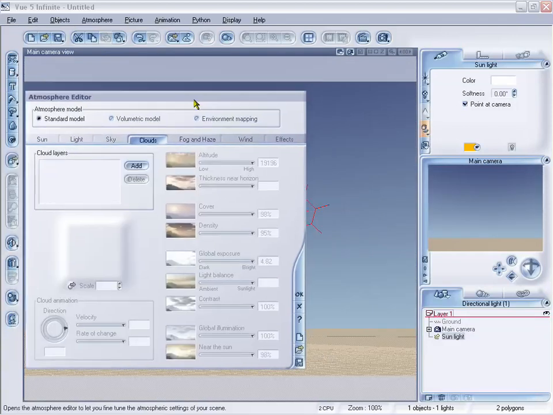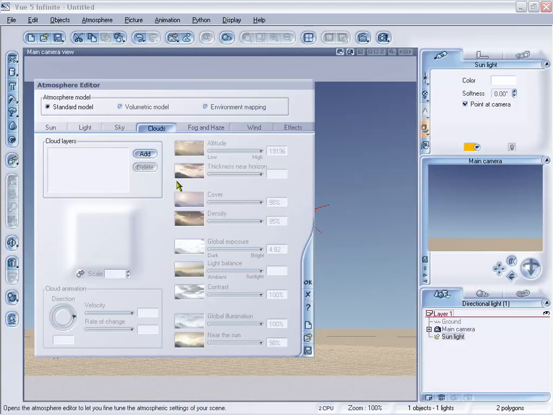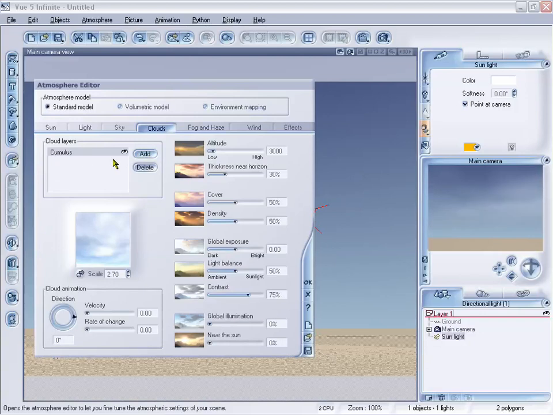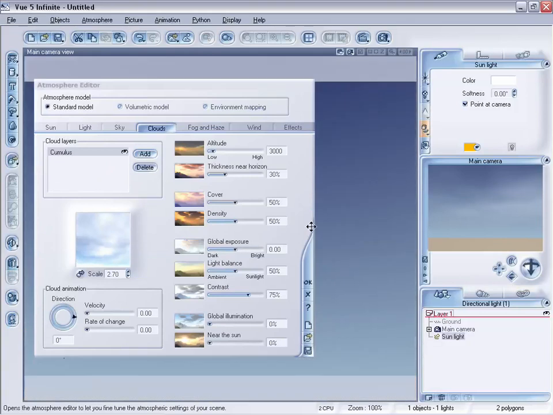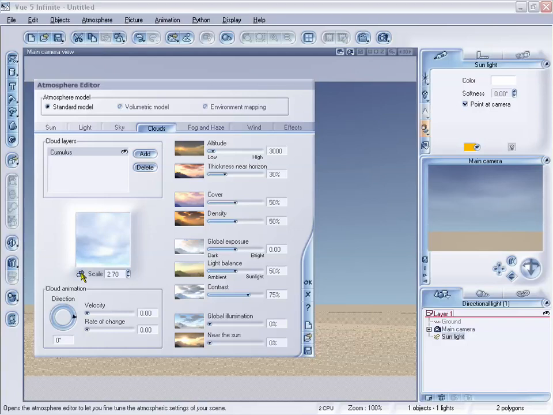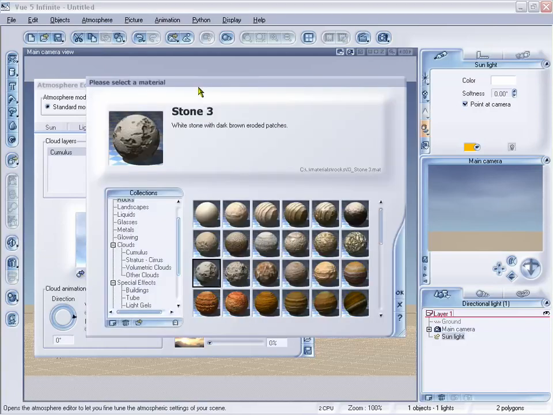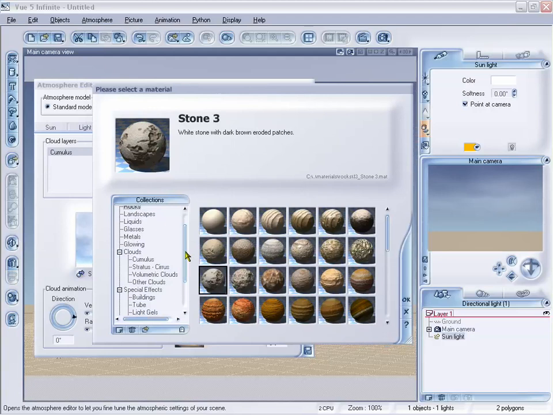And now we're going to go to our cloud layers. Now you can add pretty much as many cloud layers as you want, and in order to add a cloud layer, you just click add, and it's automatically going to give us our cumulus preset. But if we don't want this specific preset, we don't want cumulus clouds, we can go through our chooser and click on this arrow down here, and it's going to pull up our material chooser,